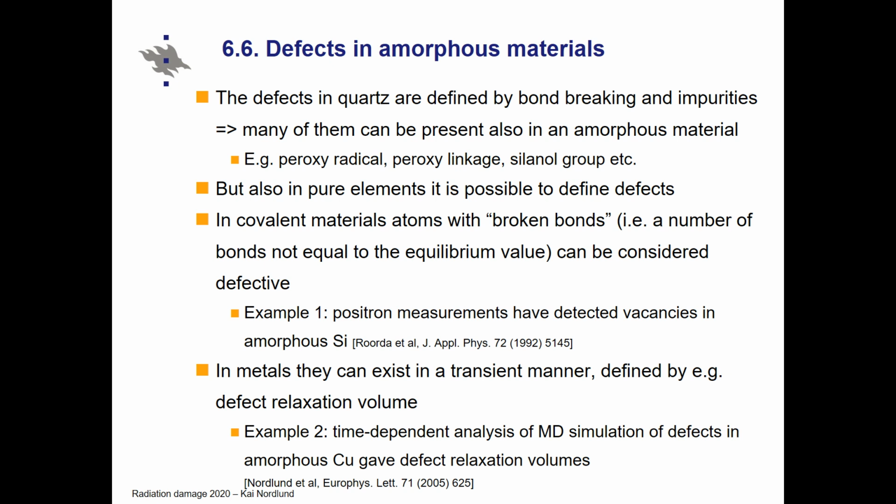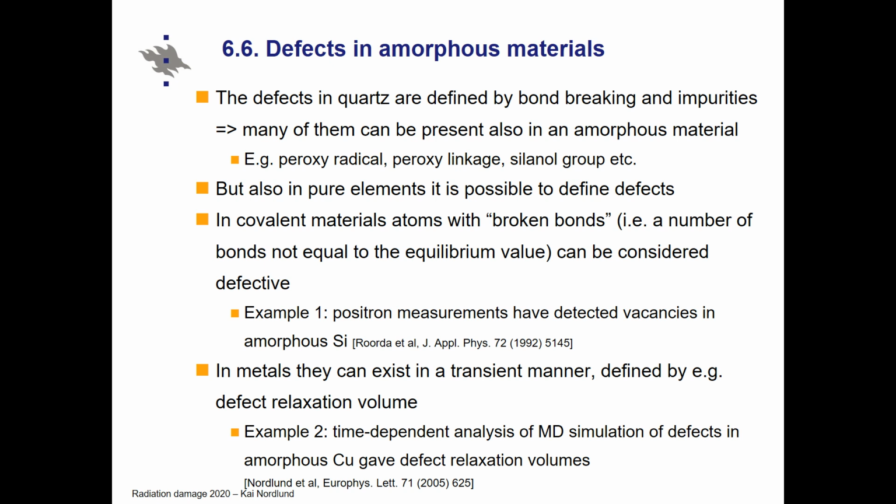So now for the rest of this section 6, we'll discuss briefly a few more specialized topics about point defects and small volume defects. First is a topic called defects in amorphous materials. This may sound a bit counterintuitive because an amorphous material by definition is disordered, so how can a disordered material have defects? But actually, if you look at these previous lectures on the defects in quartz, this becomes much clearer